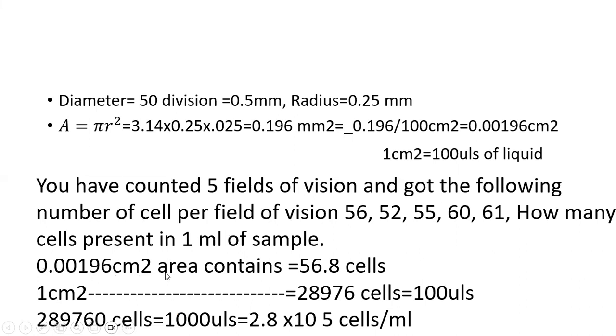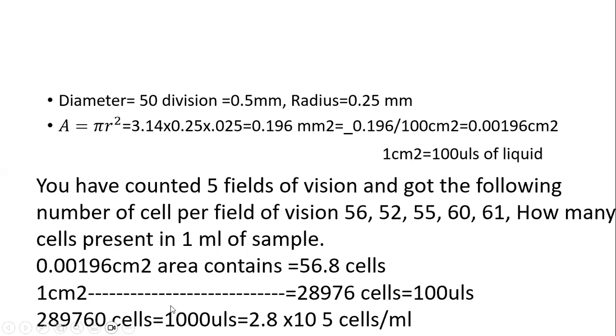So 0.00196 centimeters square area is containing 56.8 cells. So what I need to do is convert this into 1 centimeter square. I have to find out how many cells will be present in 1 centimeter square area. So by simply cross multiplying,